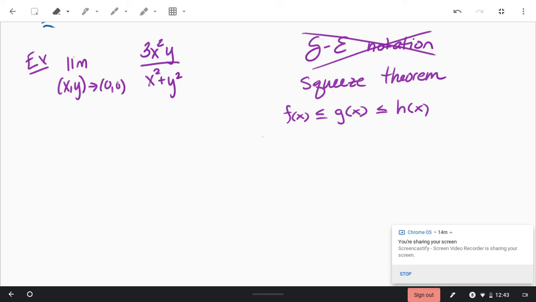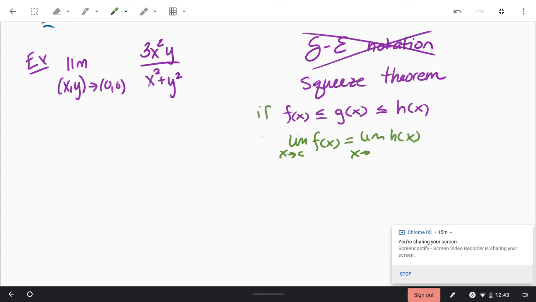I'm getting them mixed up with the other one. Okay, if this is true and the limit as x goes to c of f of x equals the limit as x goes to c of h of x,